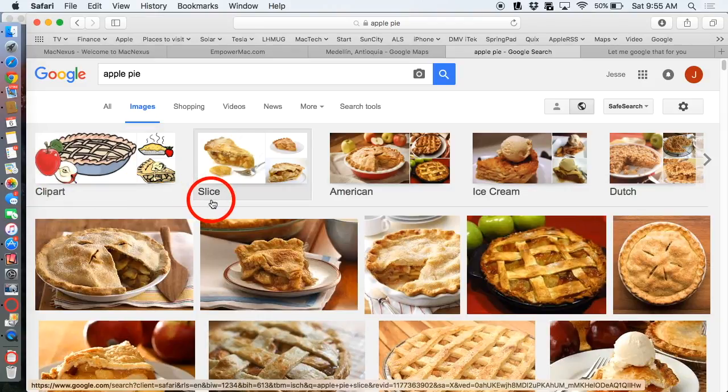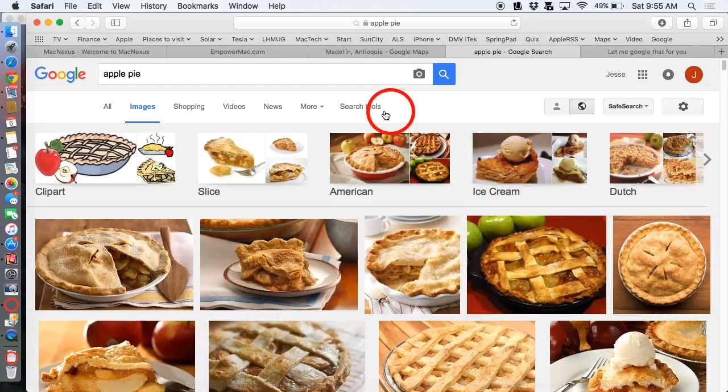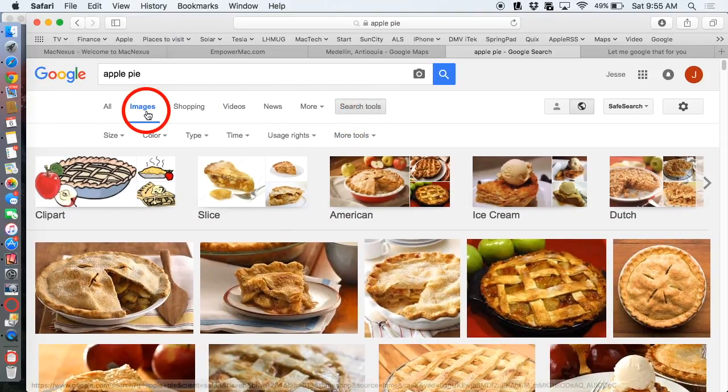Here's clip art, here's a slice, here's American apple pie, here's Dutch apple pie, here's ice cream apple pie. But you'll notice a little thing here called search tools. So when I click on search tools, what you do with the stuff you find here is your own